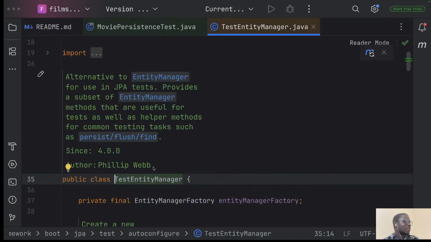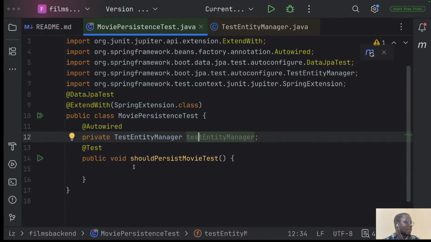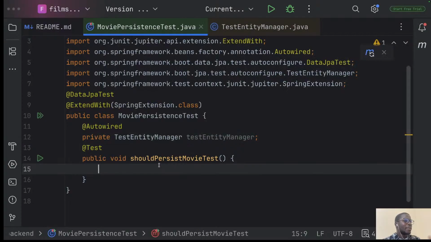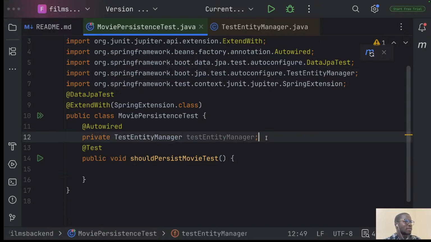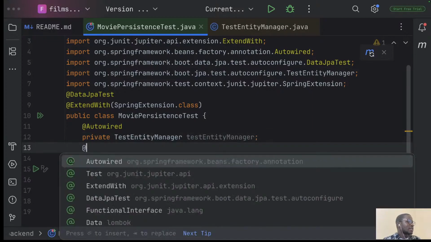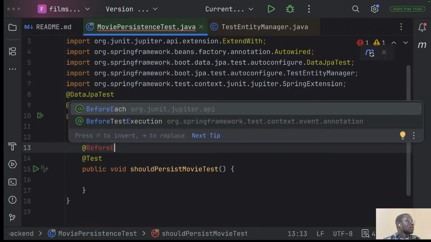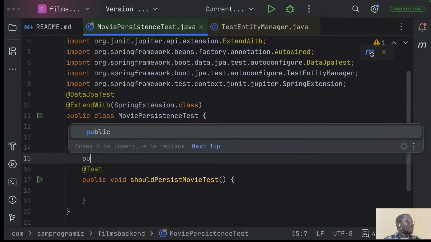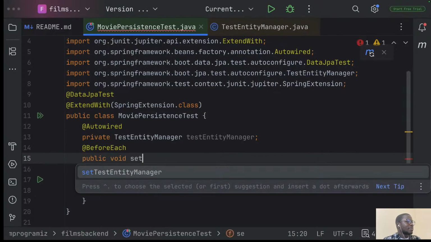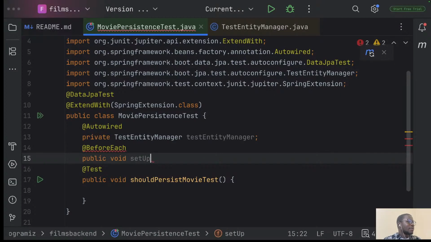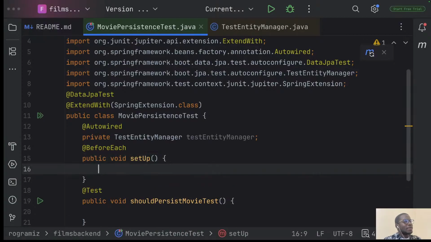One of them is flush. So flush will clear everything that you've stored in the database, so that when you're running the next test function, you're sort of starting afresh. That becomes very helpful, and it allows you not to have to set up your own before and after cleanup functions. Normally, what you would do with the regular test is you'd have this BeforeEach annotation and have a function there like setup, and setup will, for instance,